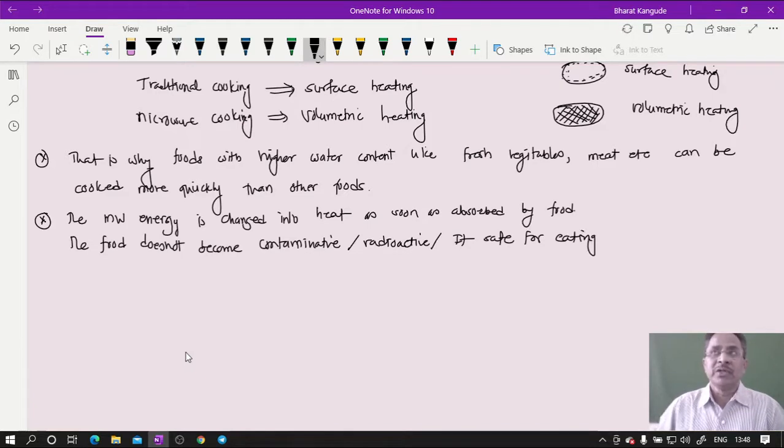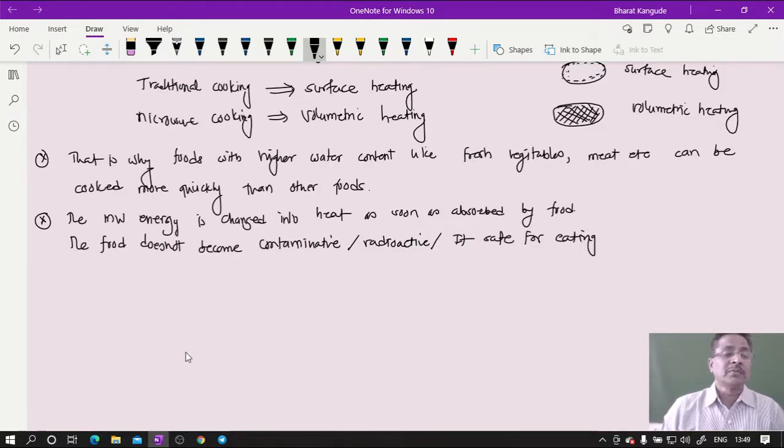Okay, so even though it is irradiated by microwaves, no contamination, no radioactivity, etc. is observed in that food item. So these items are quite safe for eating purposes. The same thing is observed in traditional cooking too. But here, some people may imagine that since these are like X-rays or other types of gamma radiations, etc., it is not that. So the food items which are cooked using this microwave oven are quite safe for eating. There is no contamination or radioactive effect observed anywhere here. This is another important point here.